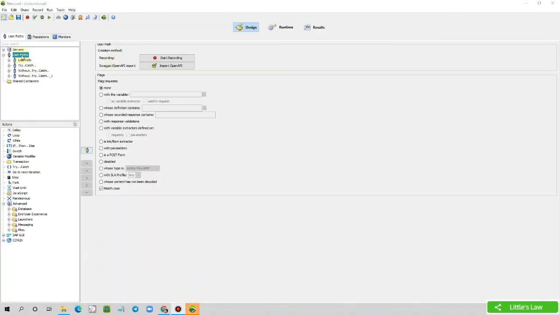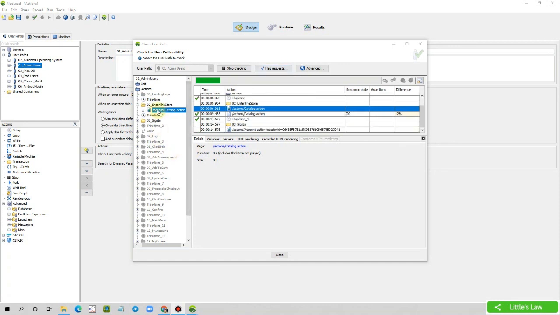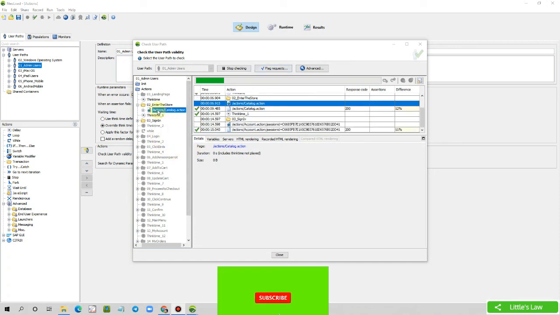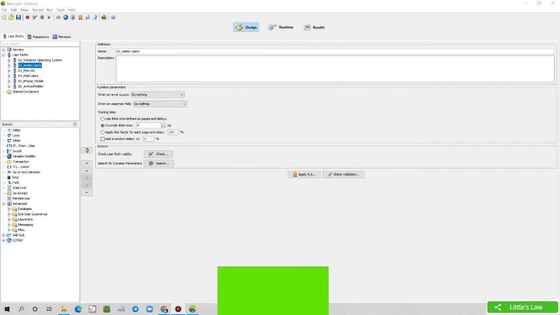Now the project has opened, and let's validate the script and see how it works. We are validating one of our scripts which we recorded in our previous version, and it is working fine. The script has been updated. With that, we have completed upgrading NeoLoad to the latest version.